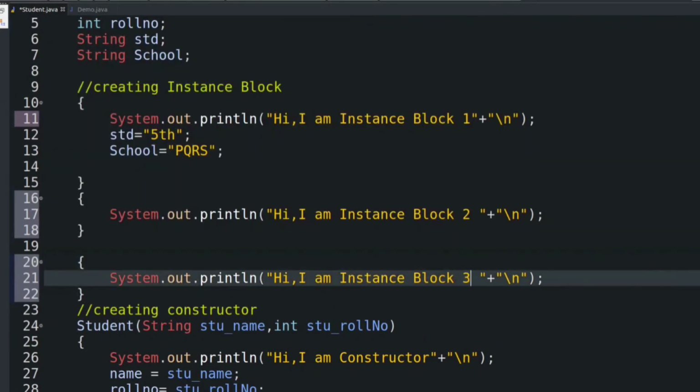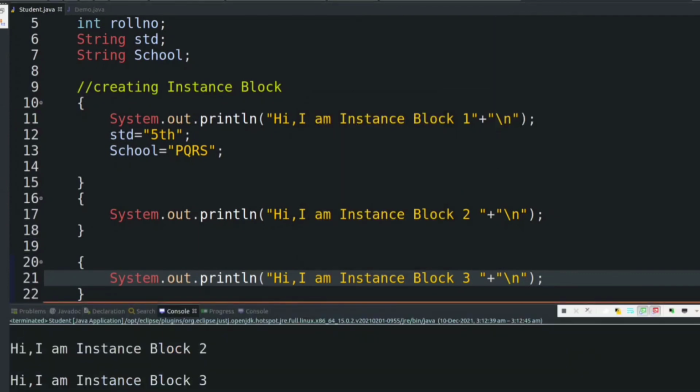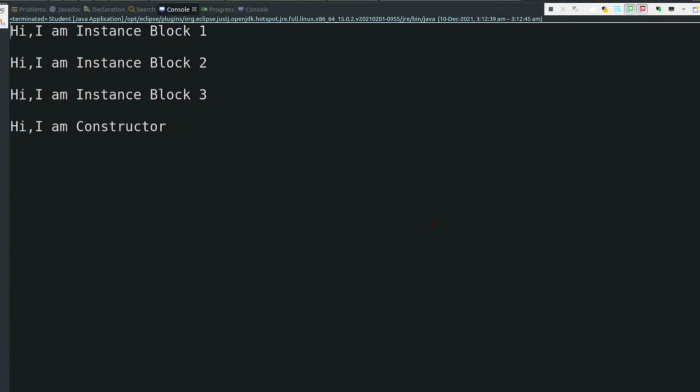Okay, so let's run the code. Now see here, if a class has multiple blocks, then they will execute in the same order as they are written, from top to bottom.